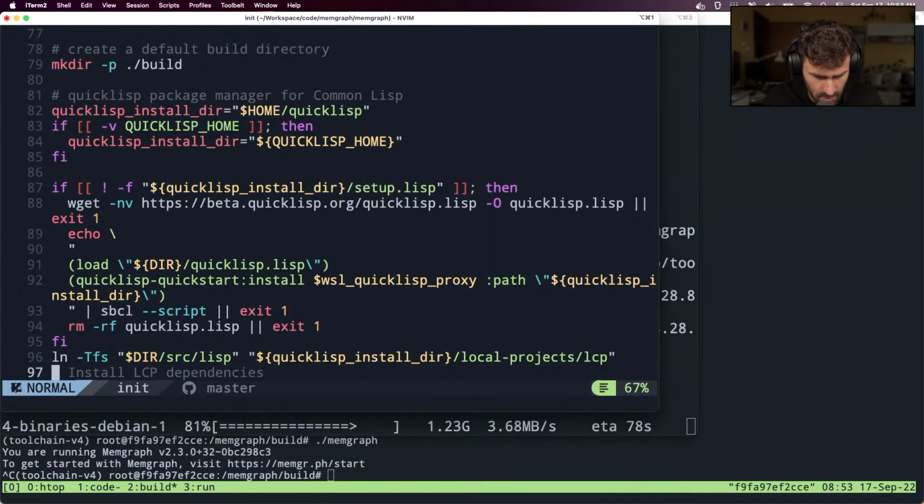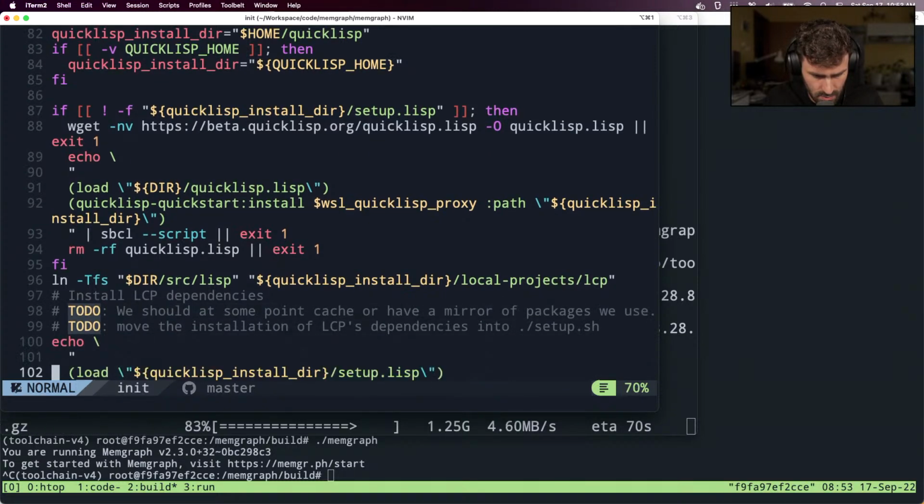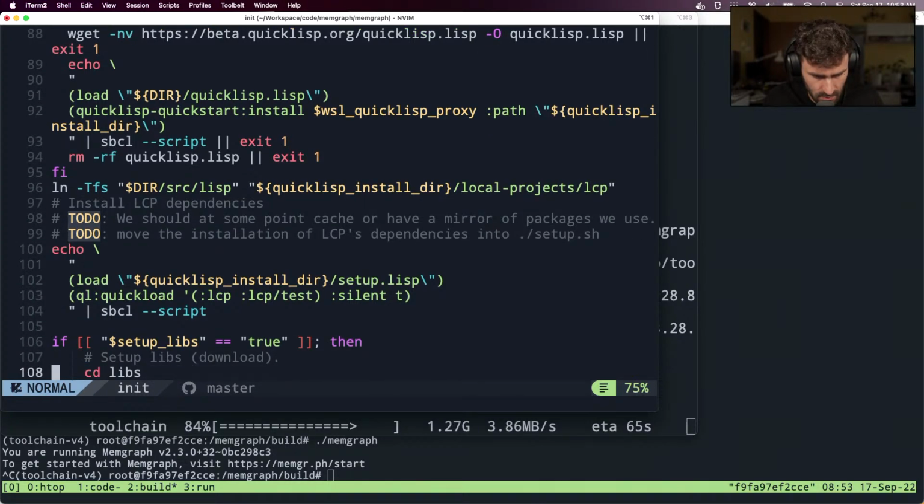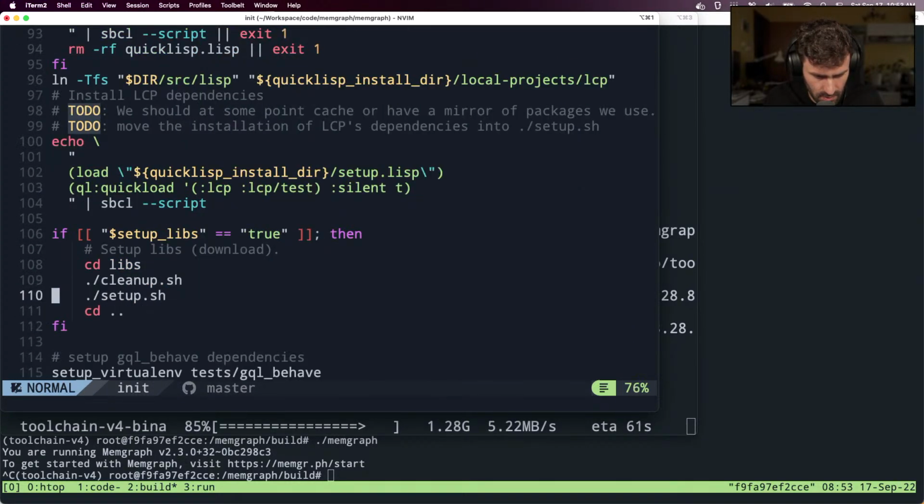The only thing here, we need actually Lisp. Yeah, that's gonna be fun. Okay, Lisp, and then the libs and cleanup and these things. Yeah, let's ignore Lisp for a moment,